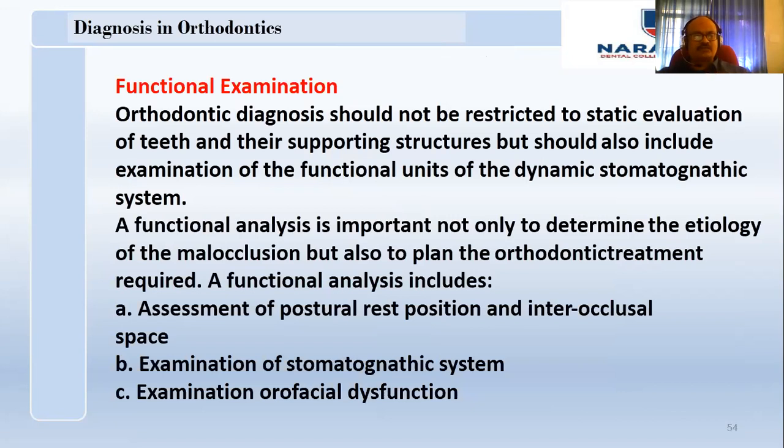You have to see the maximum mouth opening. You have to see whether the patient is able to open on the left side and right side. You have to see whether there is any pain when observed intra-auricularly. You have to see the muscle tenderness, and all these points you have to write. You also note down the postural rest position during physical examination, and you have to check for nasal breathing or mouth breathing, and of course adenoids. All this comes under functional examination, where there is one more class on functions of the somatognatic system for you. Thank you for your kind hearing.